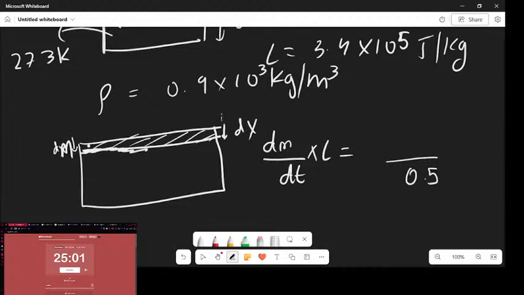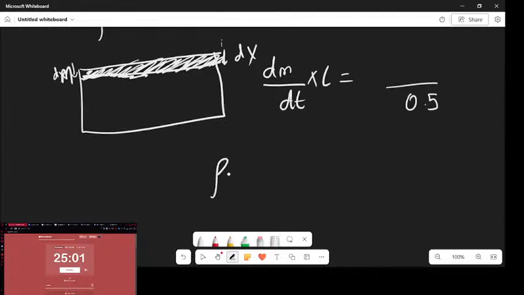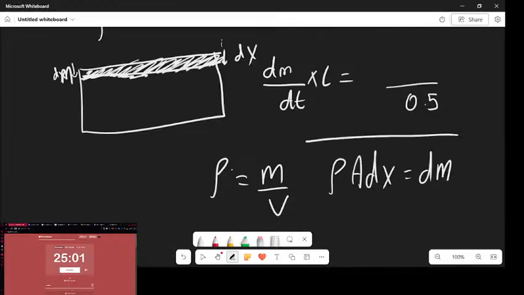Let us consider this to be the small elemental mass dm. Rho is equal to mass by volume, and rho into area into dm is equal to,